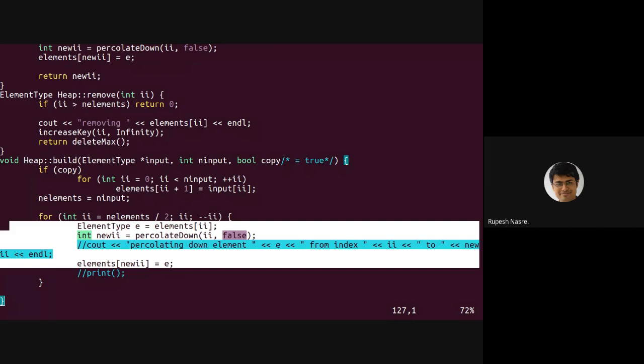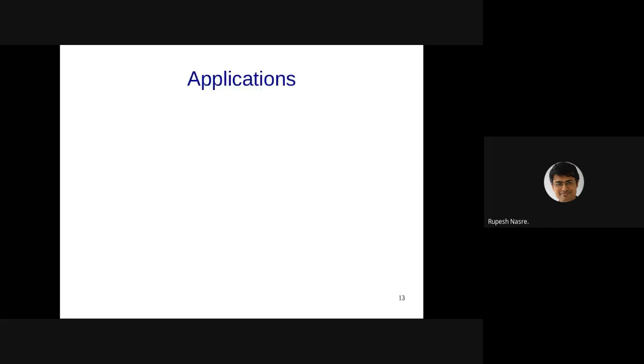Okay, so if there are no questions, I'll come to slides. We looked at enough functions which allow you to have enough implementation of the heap that we require. Now let's use that heap ADT to implement some applications.